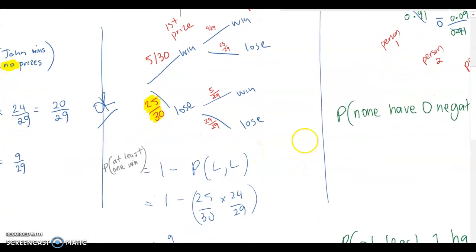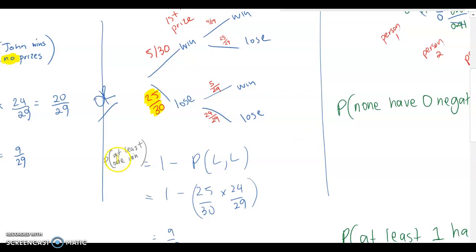Or you could say, okay, there's that "at least" again. The probability that he wins at least 1 is going to be 1 minus the probability that he wins none. And the probability that he wins none is going to be our loss. So it's going to be 1 minus the probability of a loss, which is 1 minus 25 over 30 times